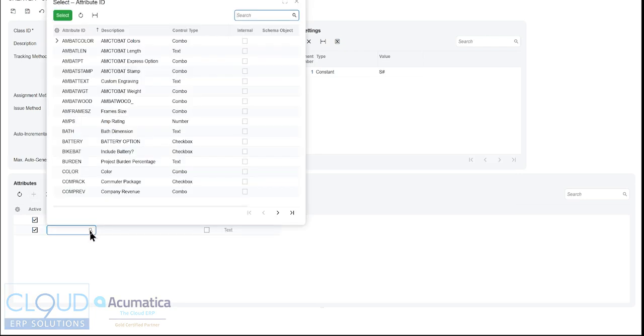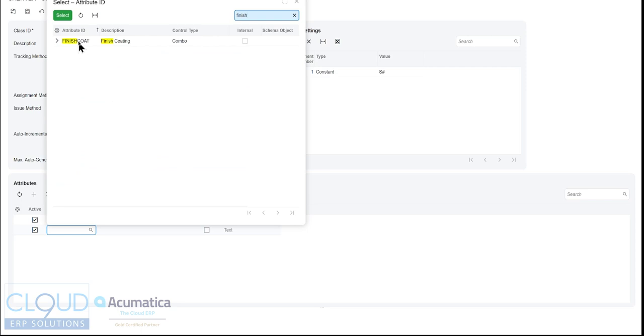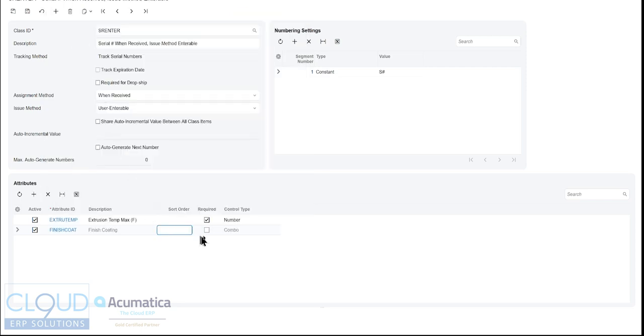The next thing is the finish. So this particular item can be finish coded with a bunch of different options. So we'll ask to track that as well. And lastly, we need to know the power rating in the form of amps. So we'll put that in there. Again, this particular product SKU, in most cases, the SKU itself has that rating. There's a white paper on it, but we're making an example here. So we'll save this